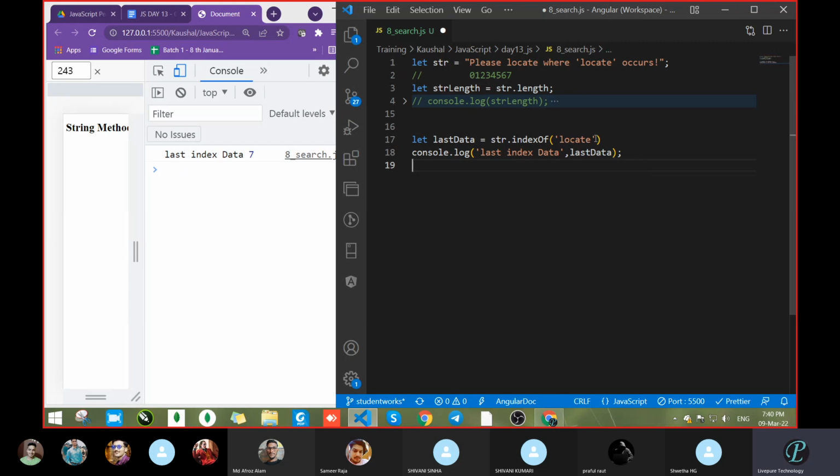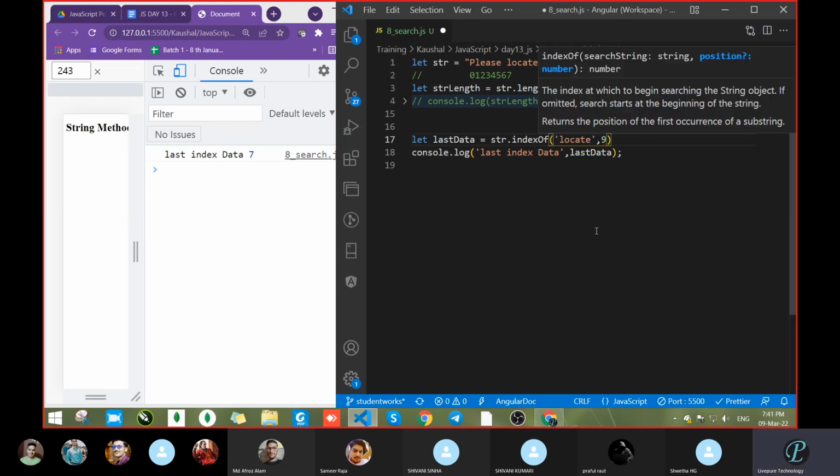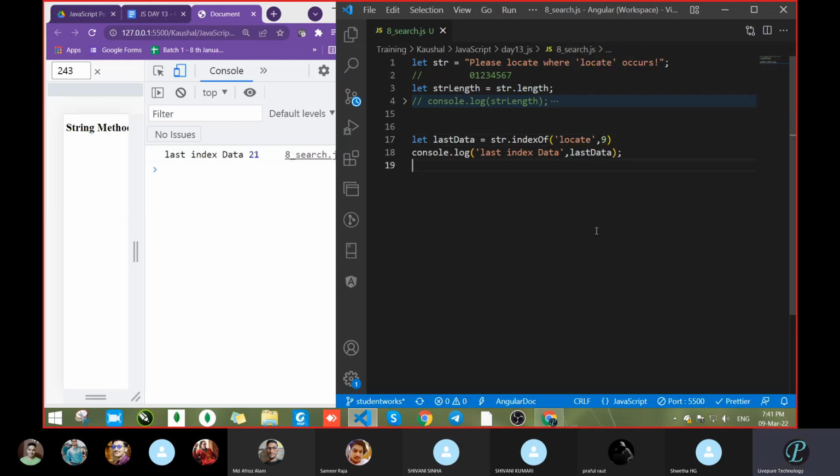Now I am telling it don't search from the 7th letter. I start searching after 7, or 9 or something. I am passing the position. I am passing here 9, passing a comma there, and it just starts searching. So what happened? It started searching from 9, meaning after 9.